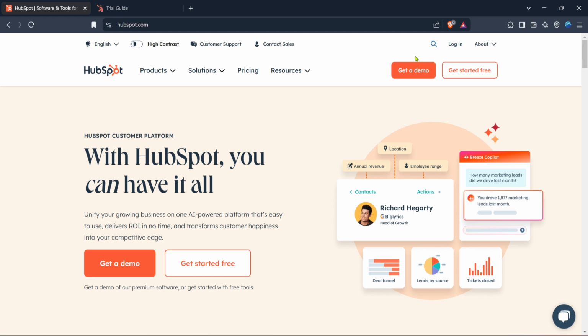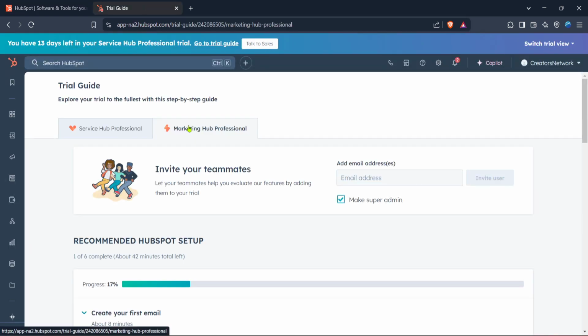After logging into your HubSpot account, you'll find yourself on the HubSpot home. This is your central dashboard where you access all your HubSpot tools. From here, look for the settings option. It's often represented by a little gear icon. Clicking on this will take you into the back end where all the magic happens.